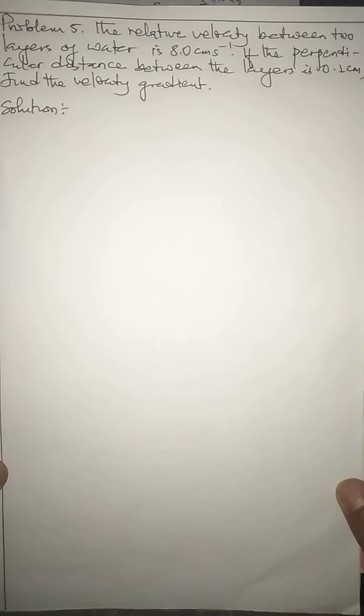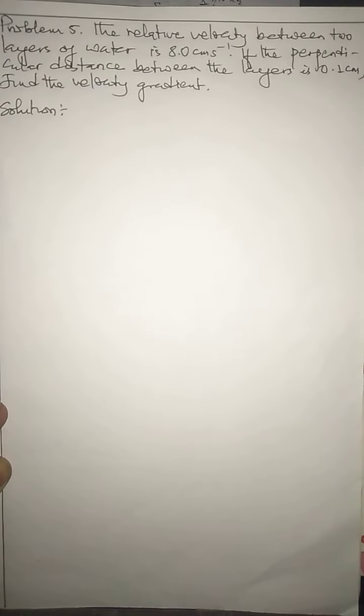Alright, my dear children of class 11 science, we solve the next numerical problem again. We had solved problem number 4 last time, in the last YouTube video. Now let's go to the next problem, problem number 5. This is a simple numerical problem based on measuring the velocity gradient. Yes, children, you have learned about velocity gradient.